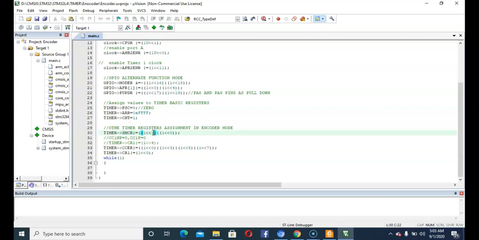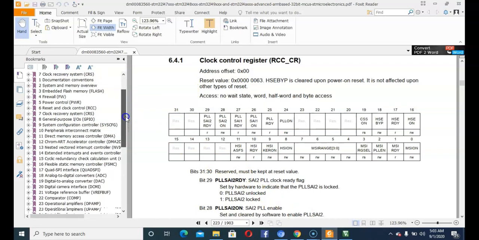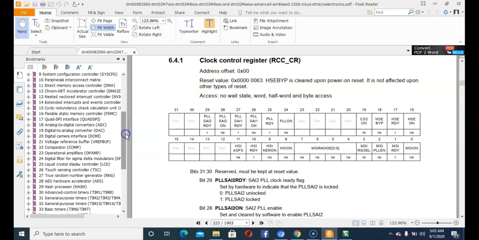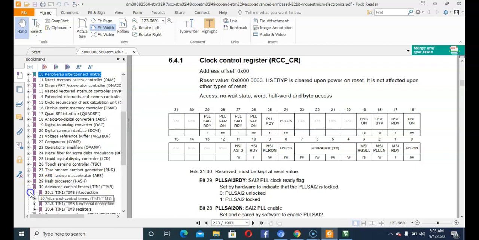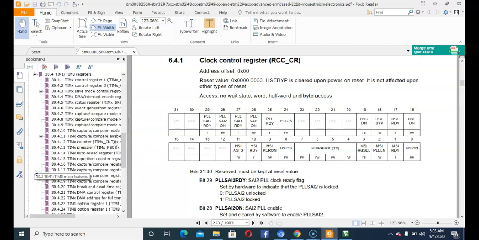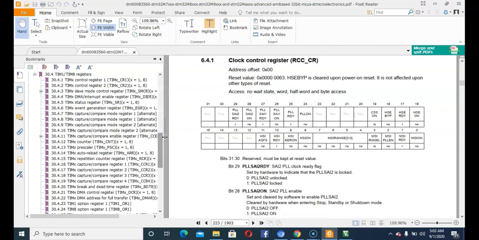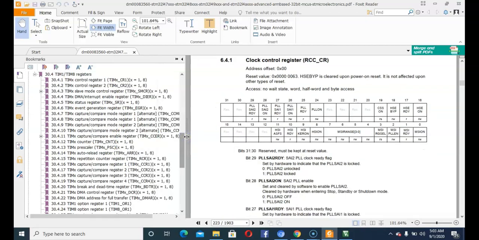So let us see which bits we are setting. Go to the reference manual, go to advanced timer options, the advanced control timers, and then go to timer registers, and first we go to SMCR.